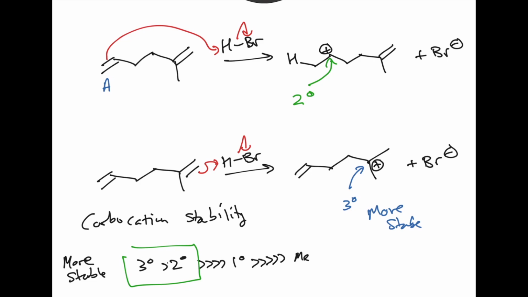So the first thing you can think about is that having more groups on your double bond is going to lead to a more stable carbocation. So that's one reason you can think that the more substituted double bond is going to react first. Reason number two